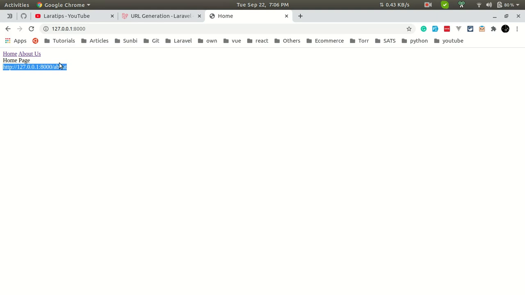Here is one important thing about URL previous. Currently, let's say I am on the about page and I came back to the home page. It is showing me the previous URL as the about page. Now I am pressing Control R, or Command R on the Mac. Since I am using Linux, this is Control R. It will show me the previous URL as the same URL. But since I am on the home page, when I click again on the home page, then it will show me the home page as the previous URL, since I am coming from the home page to the home page.